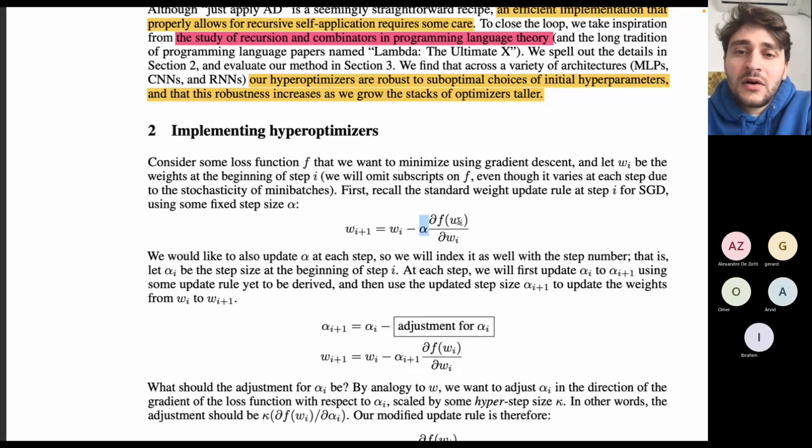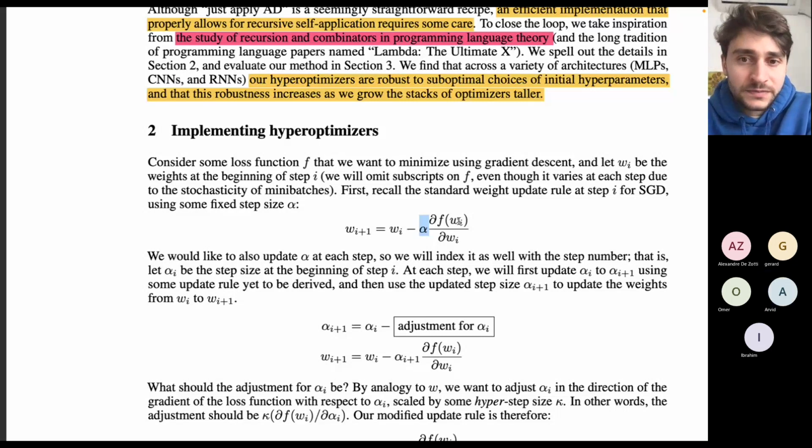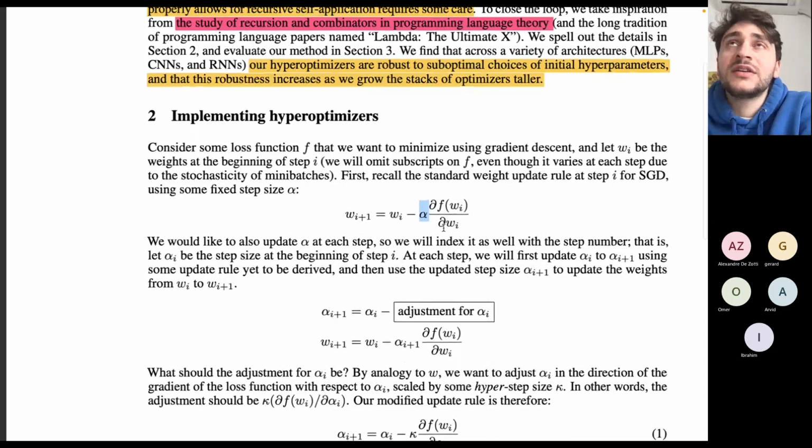And all of its leaf nodes, the nodes that have no successors, are the weights of your model. Each time you perform this calculation, you create this directed acyclic graph. And the point they make here is that you could actually also make alpha a leaf node. And the question of how to do that is,